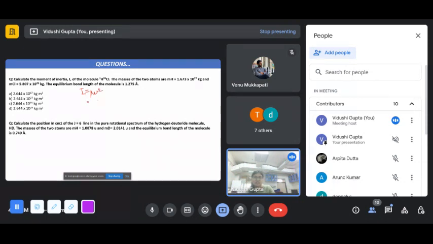So for HCl, its mass is 1.673 into 10 raised to the minus 27 multiplied by 5.807 into 10 raised to the minus 26,